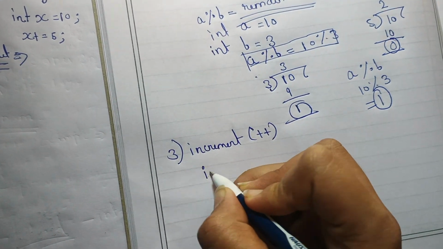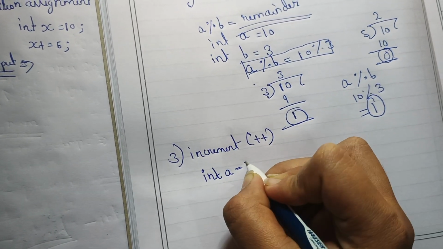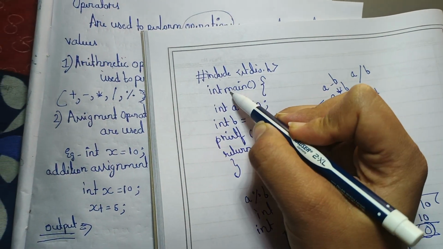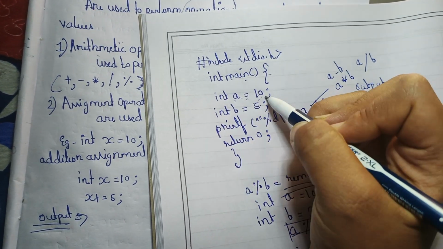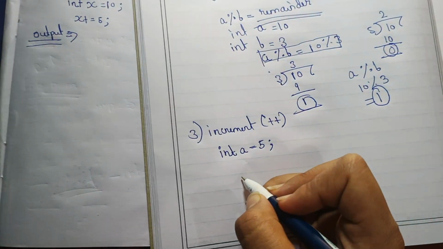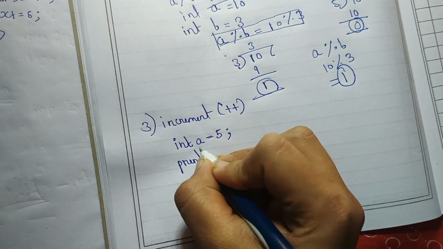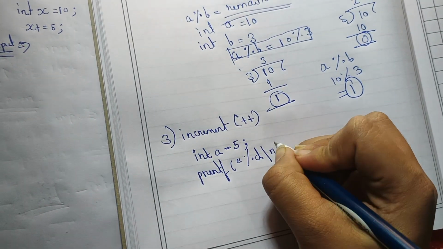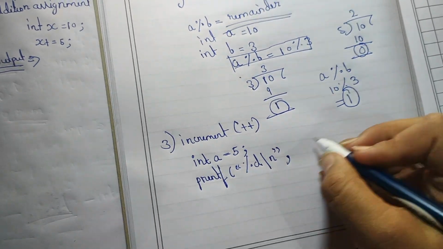First, you have to declare int a is equal to 5. The same thing, include stdio.h and int main will be the same, and declaring the variable and assigning the value. After this, you have to write the increment. See, this is printf, and this is the integer. After writing the format specifier, that is %d, you have to close the double inverted comma and then comma, you have to write a